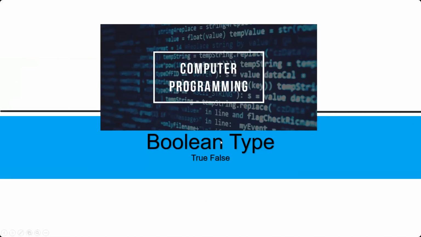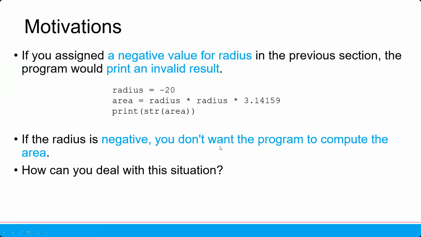Now let's learn about Boolean. What is Boolean? When you have any condition, we will use Boolean. So let's say there is one issue. If you still remember the formula that we used last week for the radius, if you assign a negative value for radius, so let's say radius equals to -20,